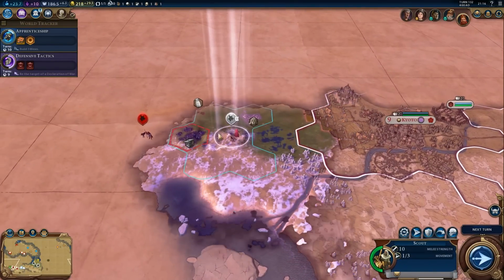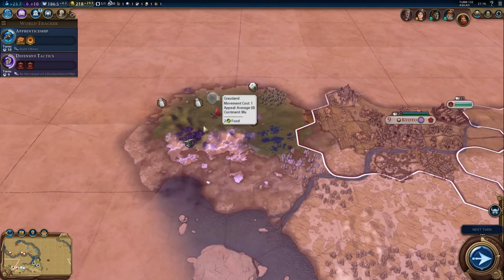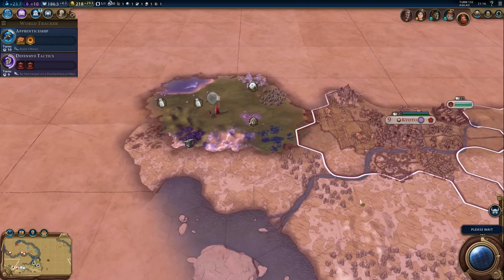So let's go and do a bit of exploration with our scout. There's another barbarian scout over there. They're absolutely everywhere. Never-ending supply of barbarians. Income is good at the moment. Maybe we can build a